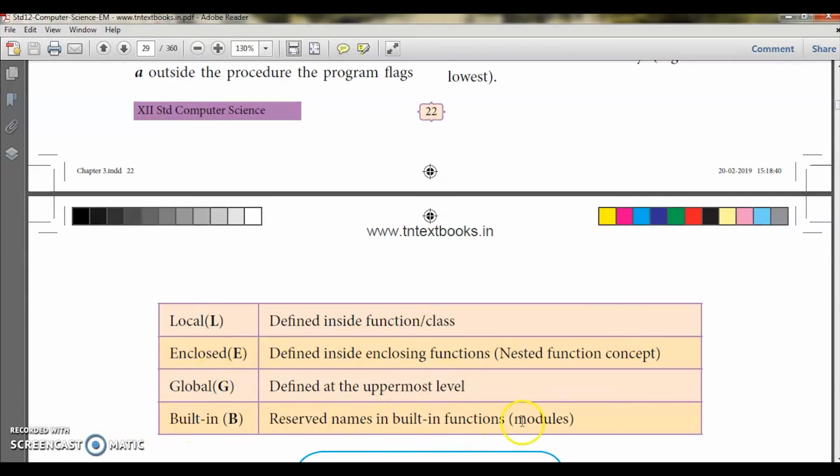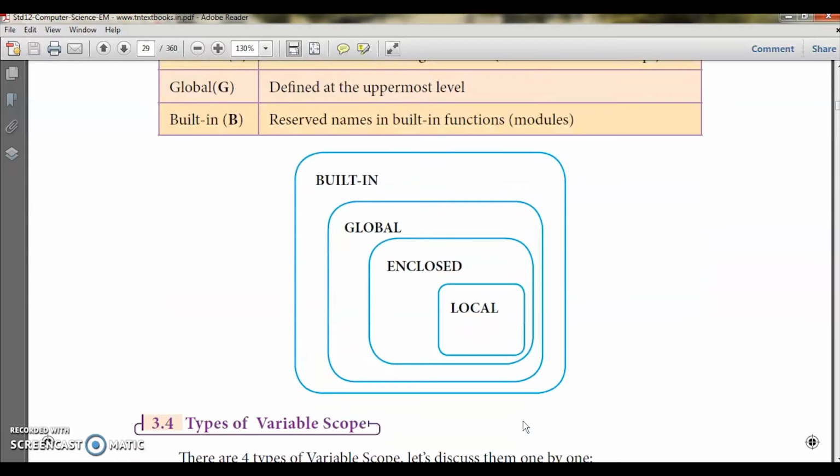Reserved names, inbuilt functions or modules. Okay, so they have given the diagram here, local and then enclosed and then global and then built in, that is LEGB rule. Okay, so local, enclosed, global and built in.